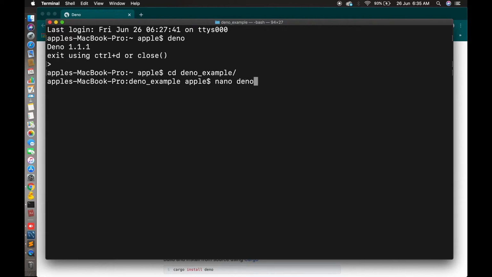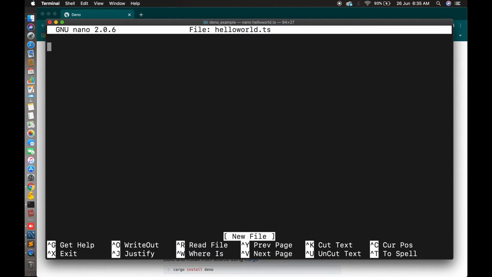This is the file name, and it's .ts, which is a TypeScript file. So let me create hello world.ts. Yes, enter.